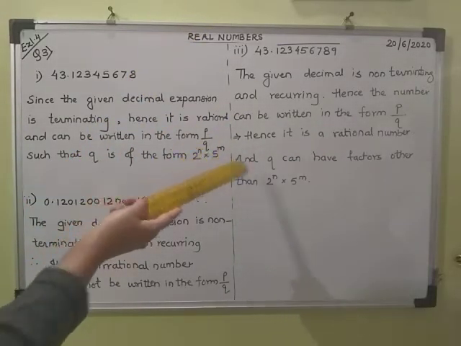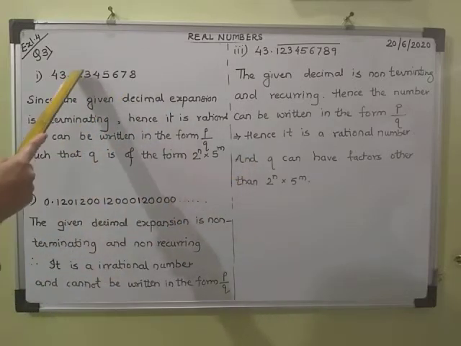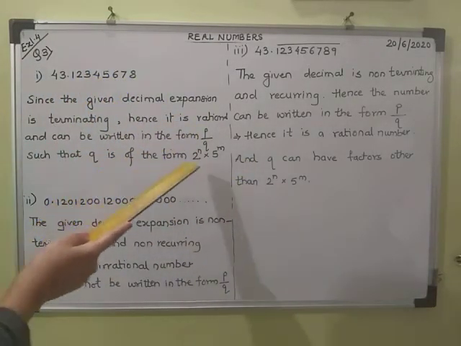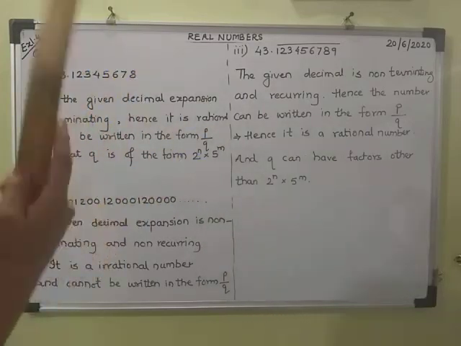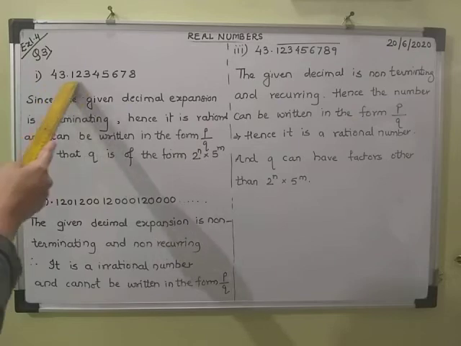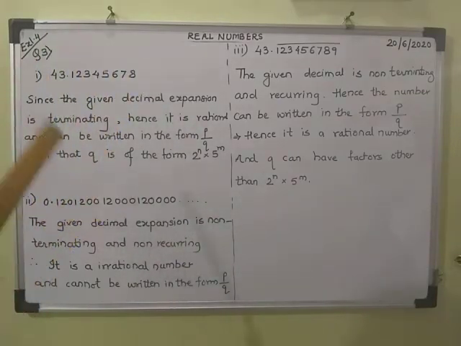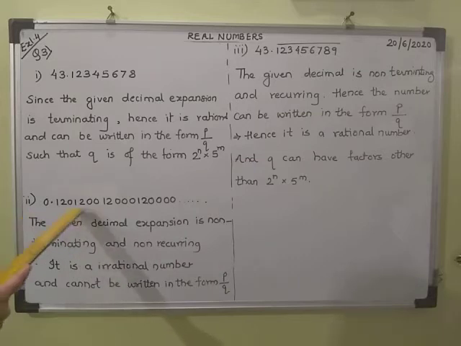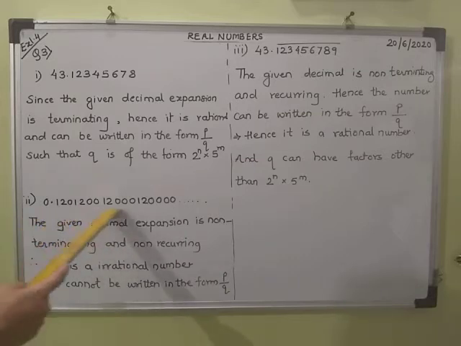It's very simple. N and m also, now only you can see: 1, 2, 3, 4, 5, 6, 7, 8. So it can be 10 raised to 8. Okay, so this can be written as this full number upon 10 raised to 8. So that will be the q. Alright, the next one, this is a number given.